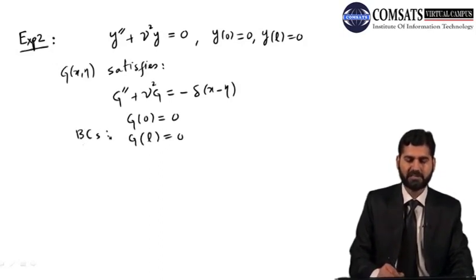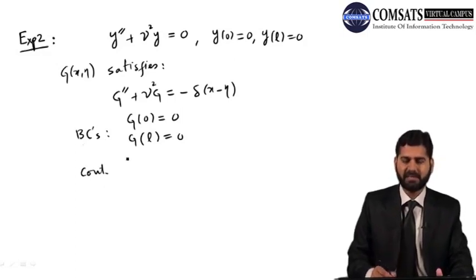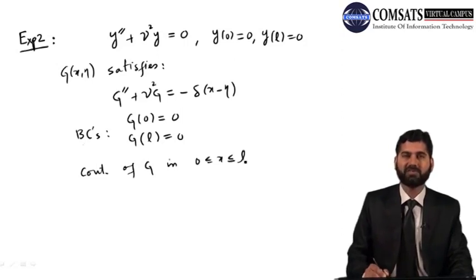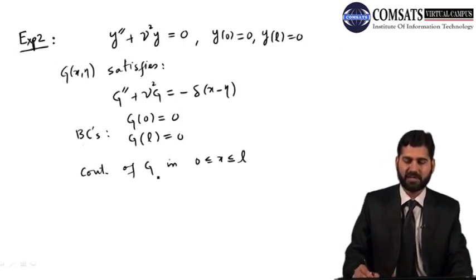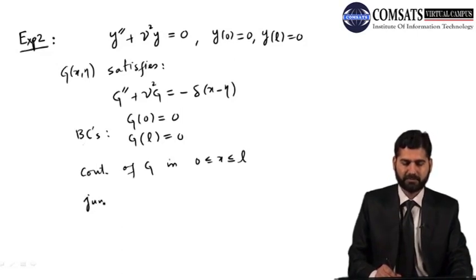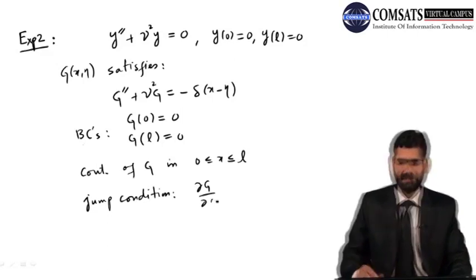Then the continuity condition at eta, basically continuity of g in 0 less than x less than L. It should be continuous everywhere. Usually it is continuous everywhere, but we need to check at x equal to eta especially. All right, and the jump condition. So what is the jump condition? That partial g by partial x